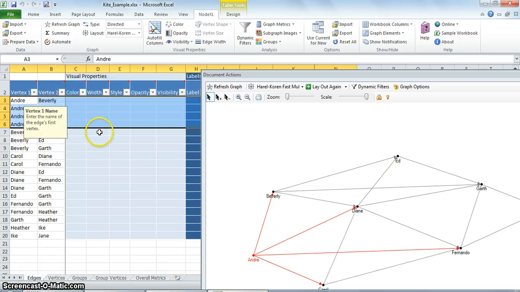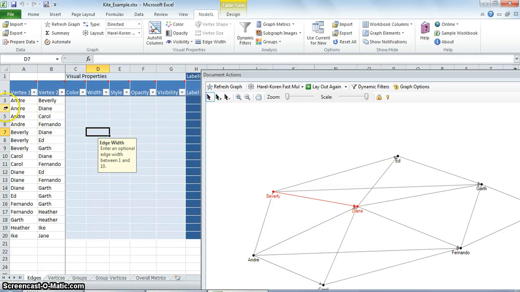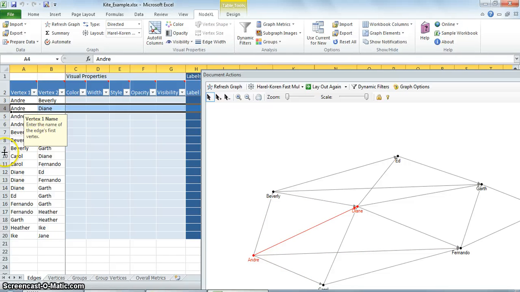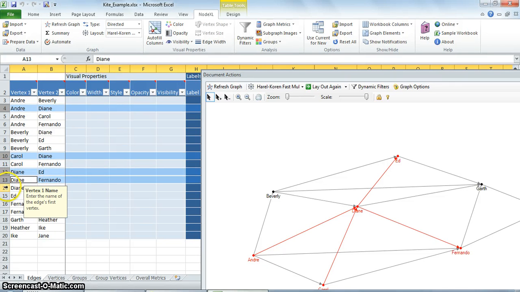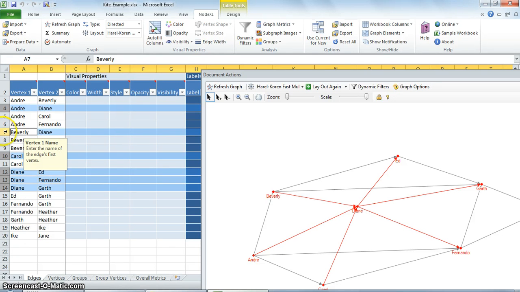You can see that from, let's highlight Diane's connections. 2, 3, 4, 5, 6. So you can see that she has 6 connections here: 1, 2, 3, 4, 5, 6.